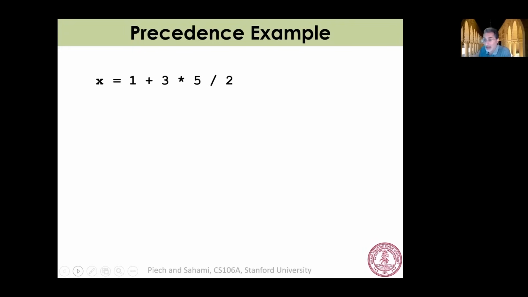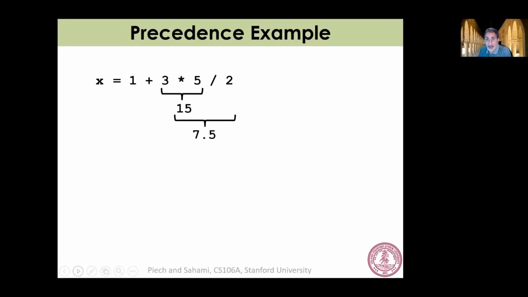So first of all, it says, which operators have the highest precedence? Well, multiplication and division both are at the same level, and things at the same level we evaluate left to right. So if I evaluate left to right, the first operator with the highest precedence is multiplication. That's the 3 times 5. So it executes the 3 times 5 and gets 15. What's the next operator to execute? Well, the division has the highest precedence that remains, and so it does 15 divided by 2,